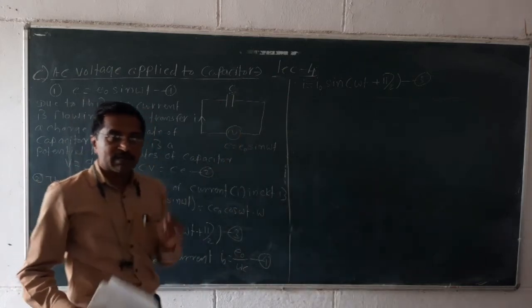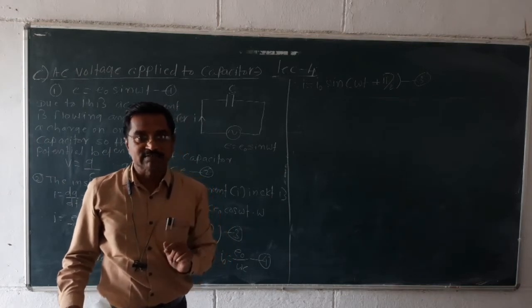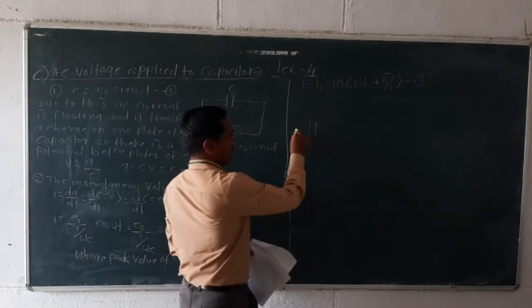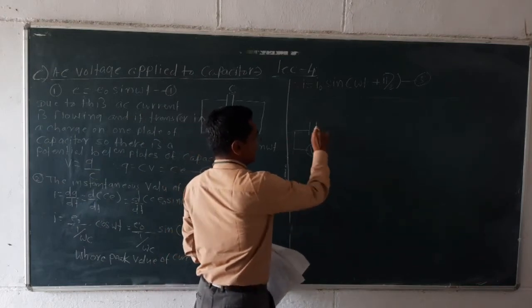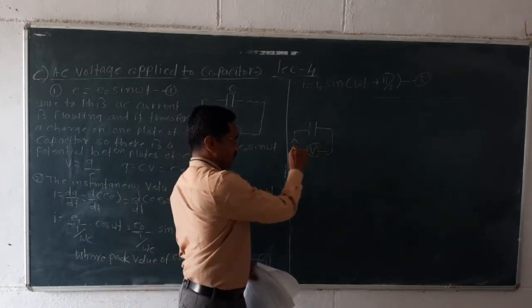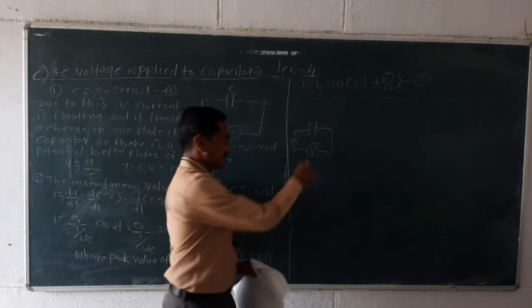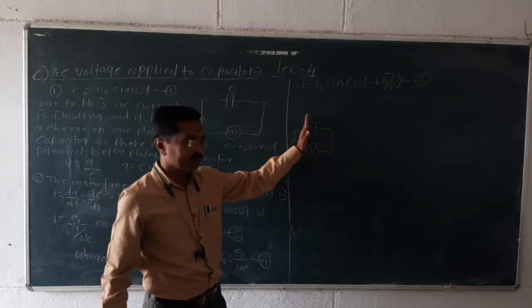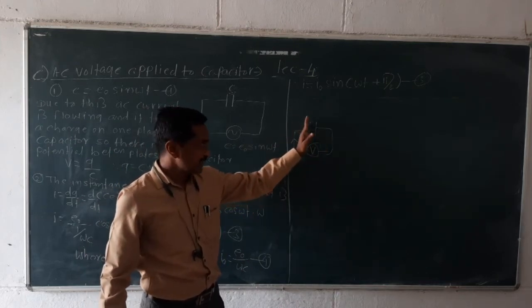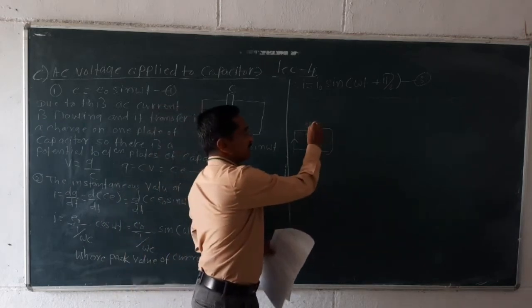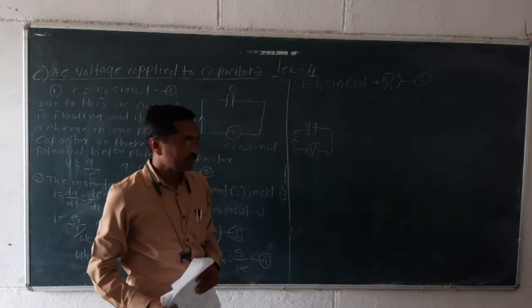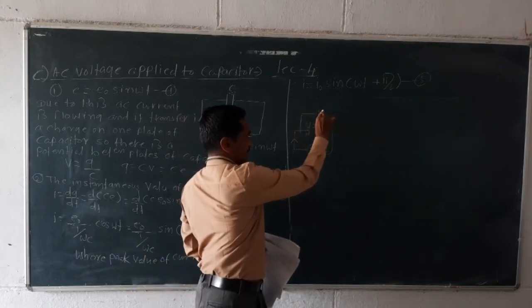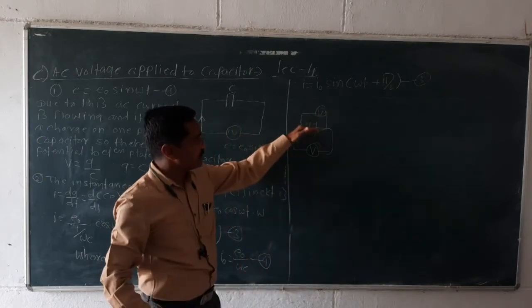Now what is this capacitor? The capacitor is an electrical device. This capacitor consists of two parallel plates of metal, and when voltage is applied here, due to that the current is flowing, it means charge is flowing, and due to that current, one type of charge is deposited on one plate of the capacitor, and by the induction method the same amount of opposite charge is developed on the other plate. Here it is positive, here it is negative, and due to that there is a potential difference across the plates of the capacitor.